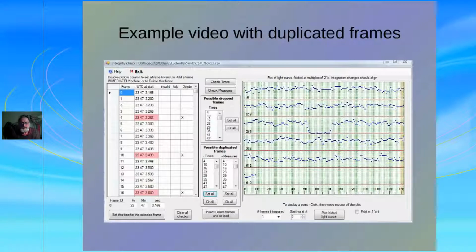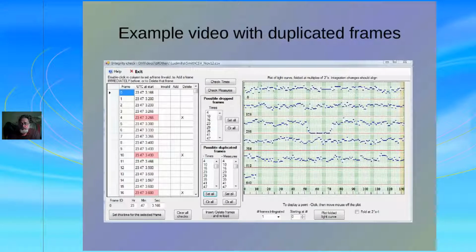It's got a proper time base with it. The right-hand part of the plot shows the light curve. The important thing here is that there's a series of vertical lines which correspond to the integration duration if you're integrating. And this slide doesn't really show it, but when you've got an integrated camera output, you tend to have a series of sections which are at the same height